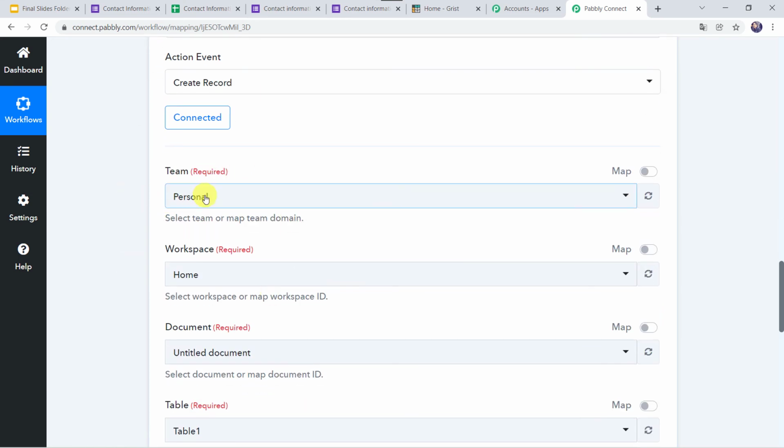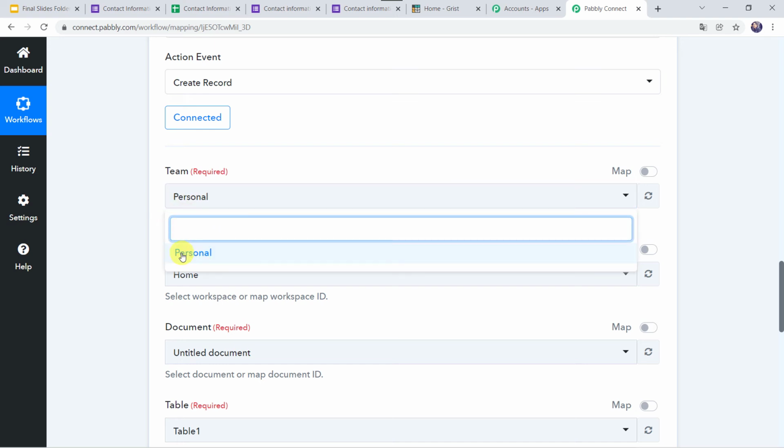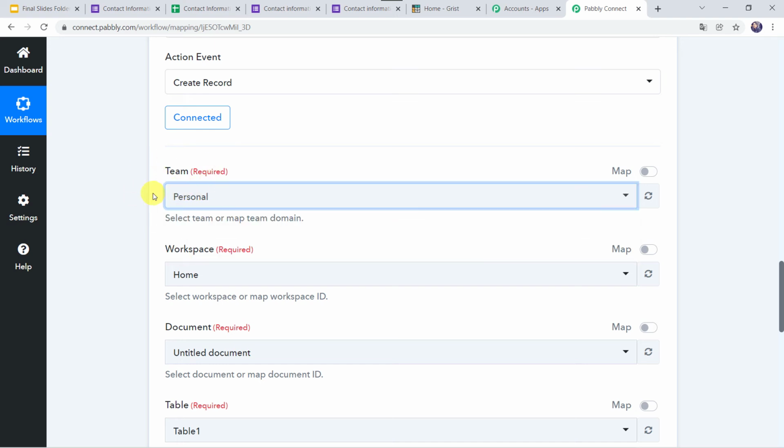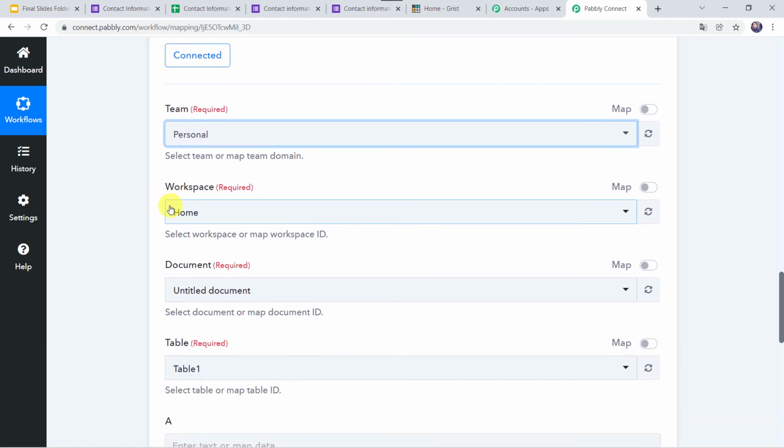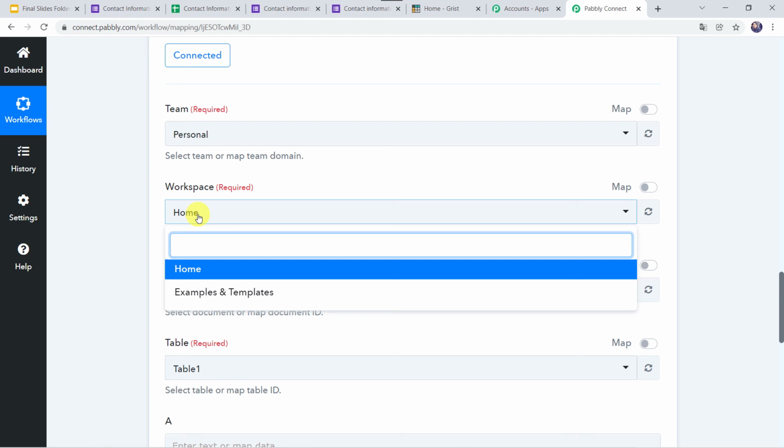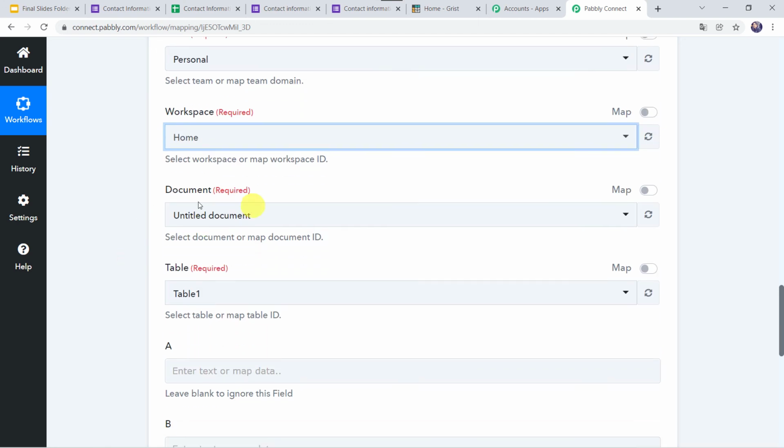Now here I have created a team name personal. So it has automatically captured. So here you have to select your team. Here you have to select the workspace. So I have created a workspace name home. It has automatically captured. Here you have to select the